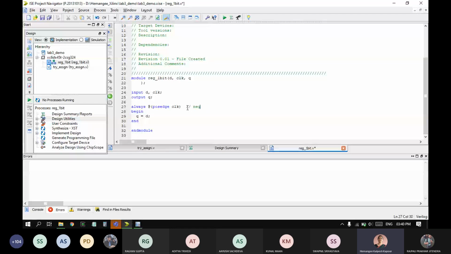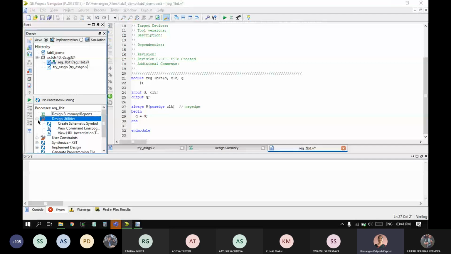If I just want to do this every time D changes, suppose I wanted to assign whenever D changes, so I will say always at D. This says that no matter what the clock is, whenever D changes, just copy it to Q. So this list of parameters tells when the statements inside the begin and end should execute. So when this all gets executed is indicated by the always statement. Clear? So if you have any other conditions which you need to check, then you can add them in this list. Okay, so let us see the design, which should be very straightforward in this case.